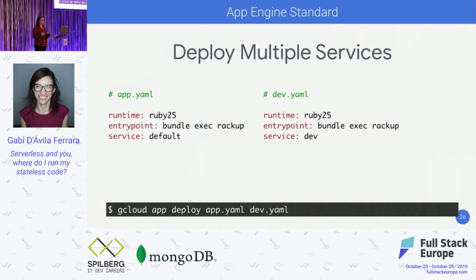Now, if you have multiple services, like prod and dev, the only thing you add is the service variable and define if it is default and dev. By default, when you do a Google Cloud App deploy, you're going to deploy the app YAML file, but if you have multiple YAML files, you just add them on the command line, and it's going to deploy all of those